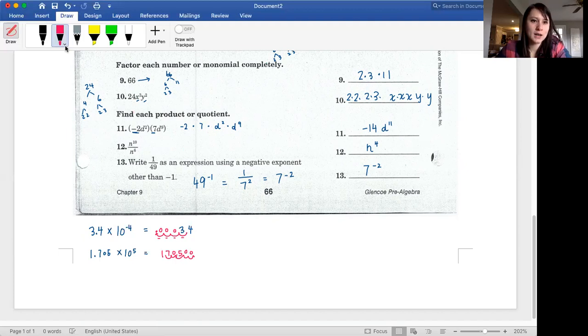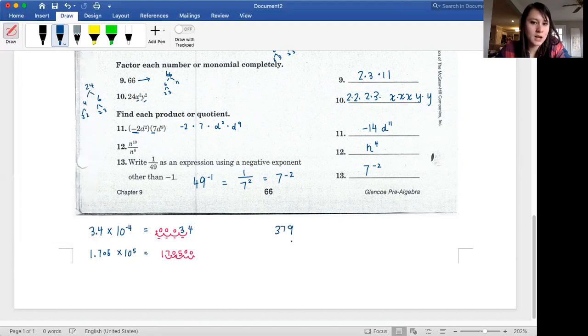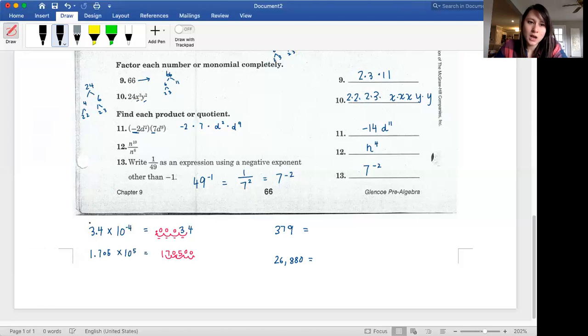Okay, let's do the reverse where I give you a number and you write it as scientific notation. So 379, write that as scientific notation, and then 26,880, write that as scientific notation. Now be careful with scientific notation. Remember the rule is that your number that's being multiplied by 10 to a power has to be between 1